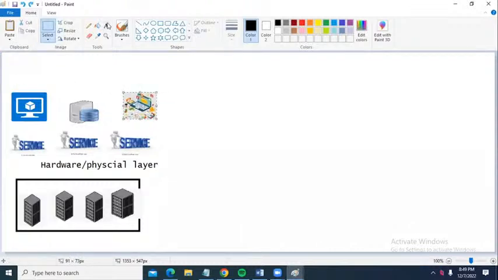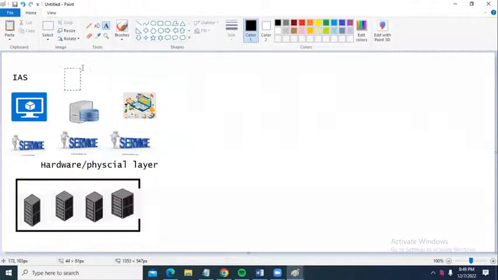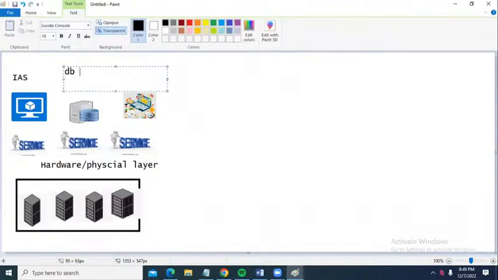Generally, this service is called IaaS, infrastructure as a service. And this is something like a database as a service. Database as a service is a specific word, so the generic term is actually PaaS, platform as a service. And now this comes under SaaS, software as a service.